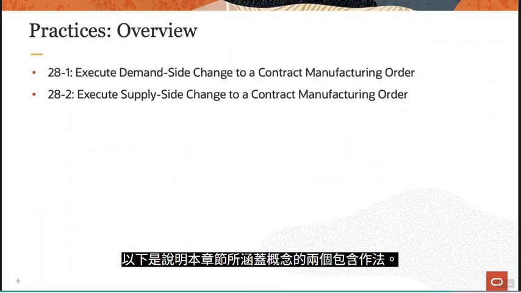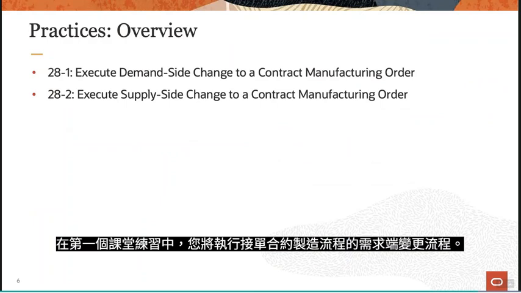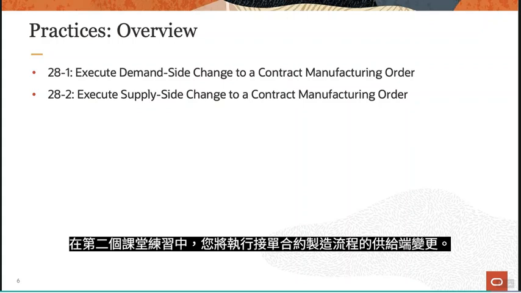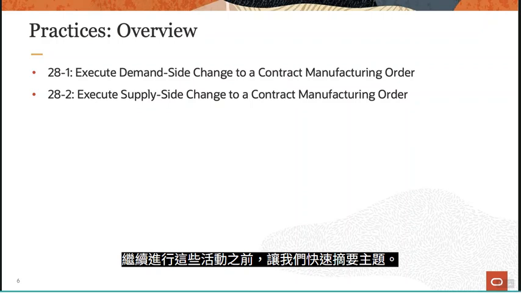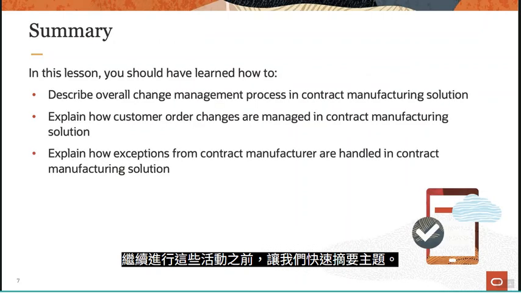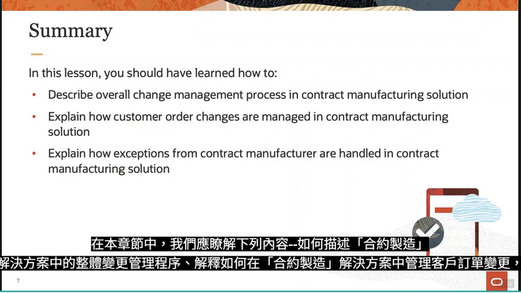Here are the two included practices to illustrate the concepts covered in this lesson. In the first practice, you'll execute a demand-side change flow for a back-to-back contract manufacturing flow. In the second practice, you'll execute a supply-side change for a back-to-back contract manufacturing flow. Let's quickly summarize our topics before continuing into these activities. In this lesson, we should have learned the following: how to describe overall